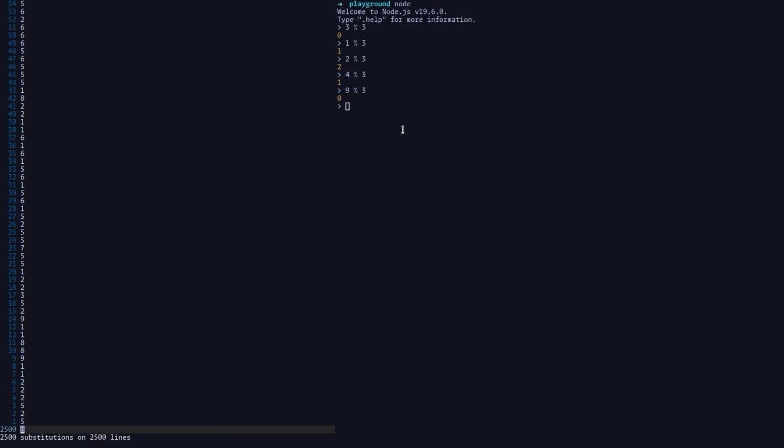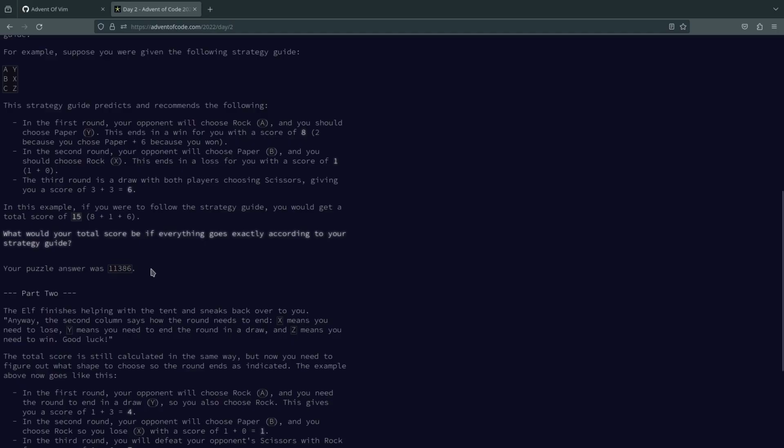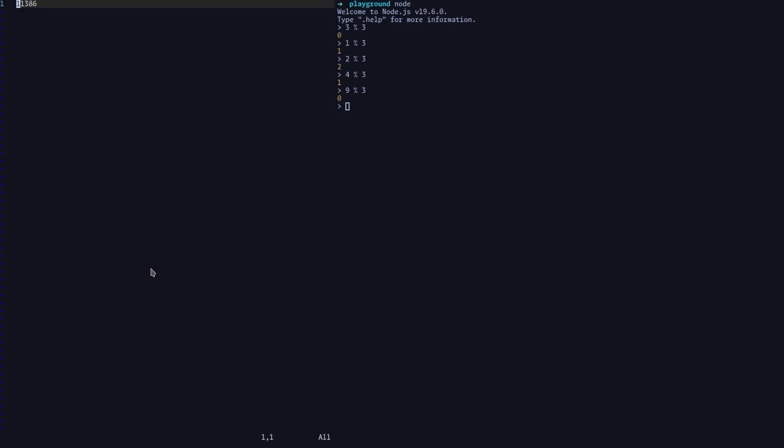To sum up everything in here, we can use awk, we can use different methods. I'm just going to use paste. So I'm going to select the whole buffer, then call the basic calculator. And that's it. The result is 11386, which is the correct answer. Now, I'm going to move on to the next part, which is part 2.